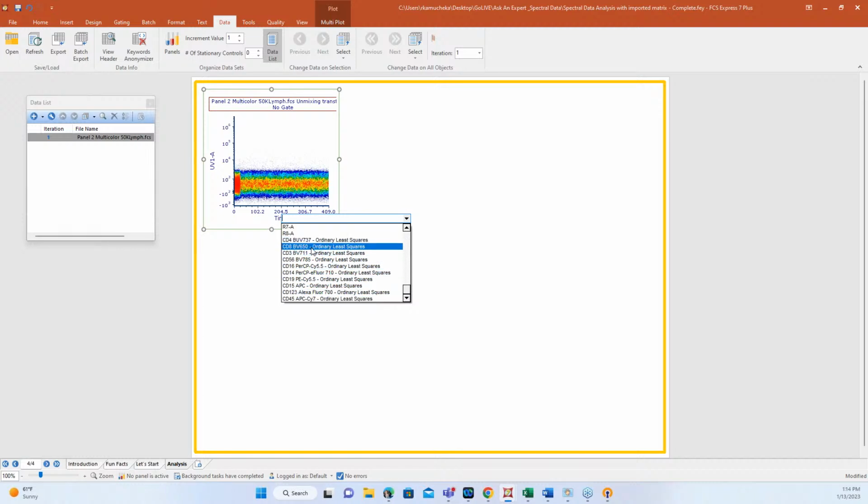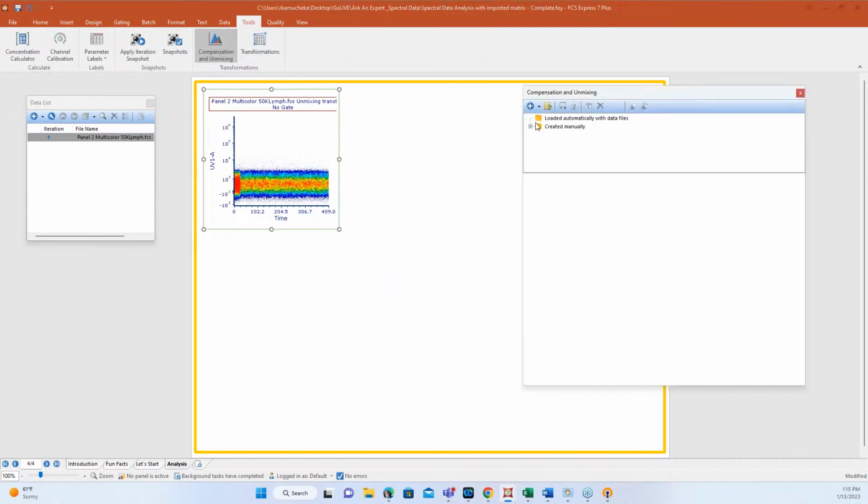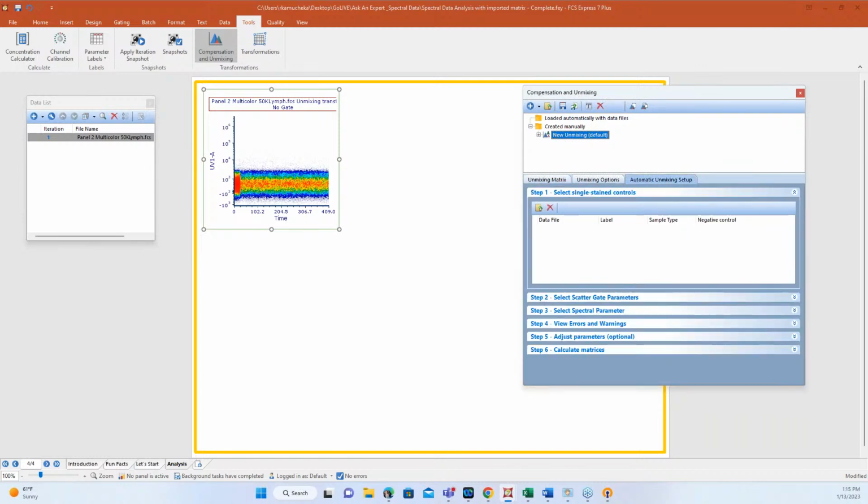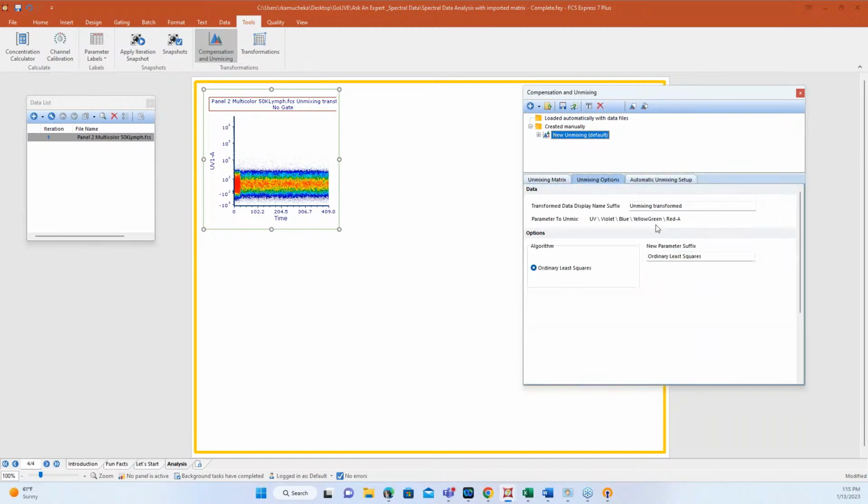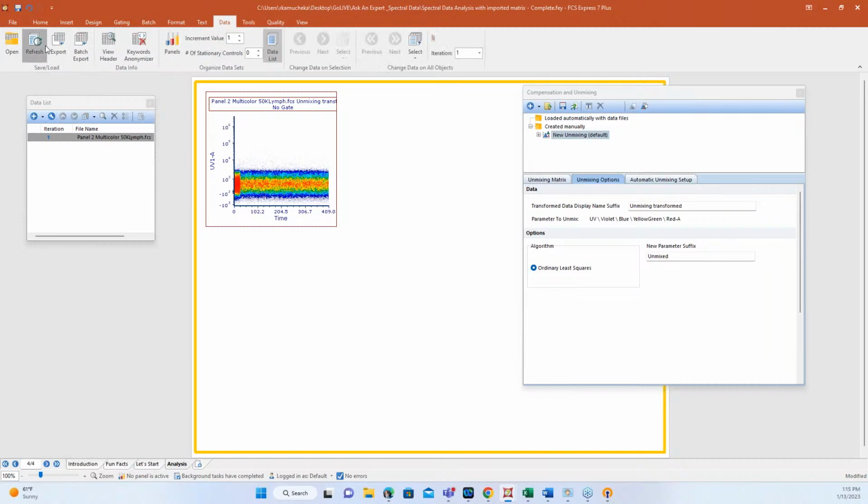Ordinary least squares is the default nomenclature that we add. You can totally change that, because that is not my favorite. I'll be honest, I generally change this. If you see it and think, nope, I don't like that, you can go to our unmixing options and change it. If we change it here, say to unmixed, and click okay, the next step will really be to reload that data. So I do a quick refresh.